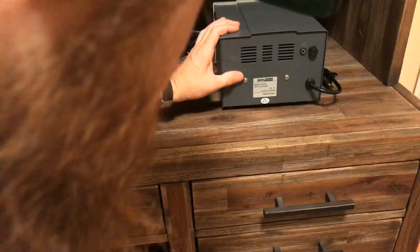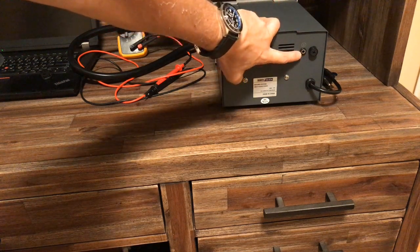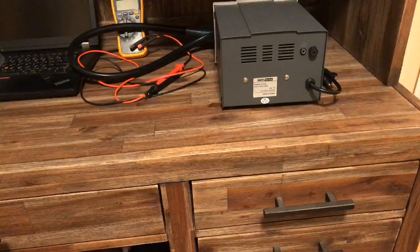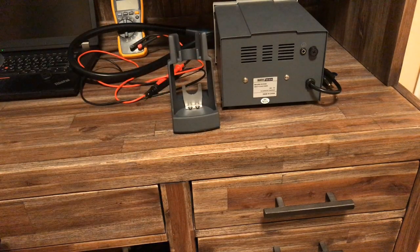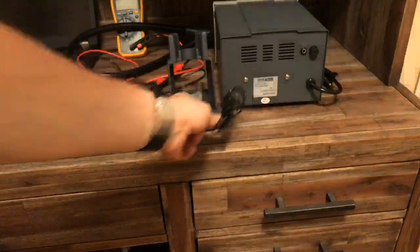Right. So you've got your power plug. That's important. Looks like there's going to be a fuse in the back here, and it looks like that's going to be connected to your station, to your holder for your auto shut off, I'm gonna guess. Then we've got the holder. This is a much different holder than my JBC. Then you've got the data line connection that's going to run from the holder